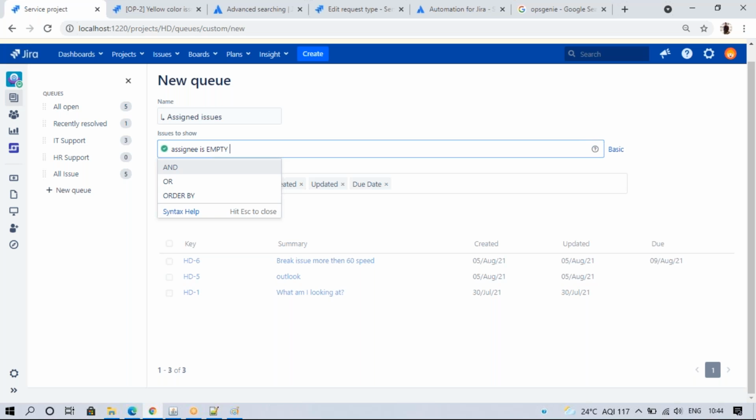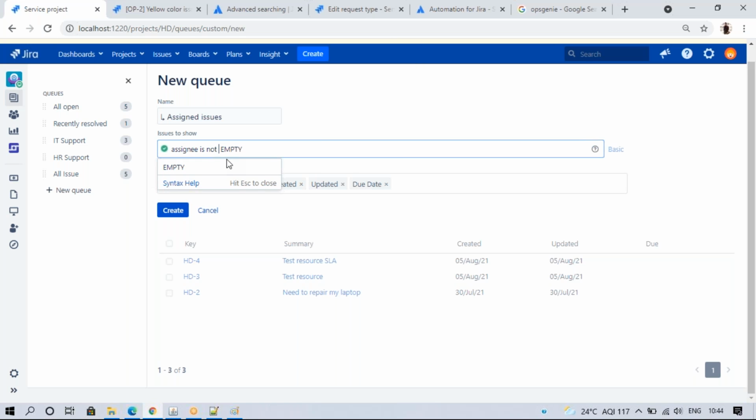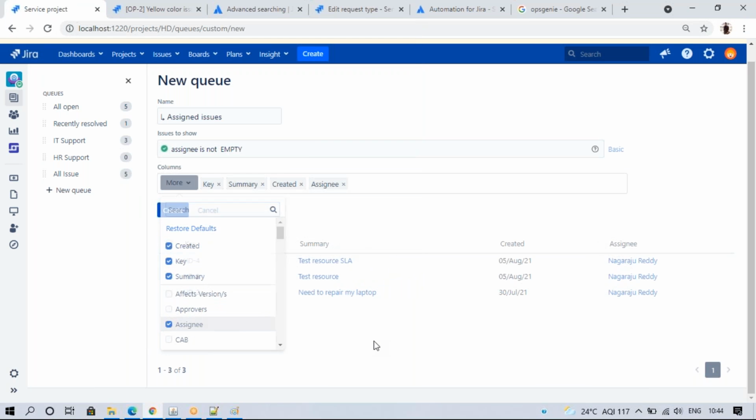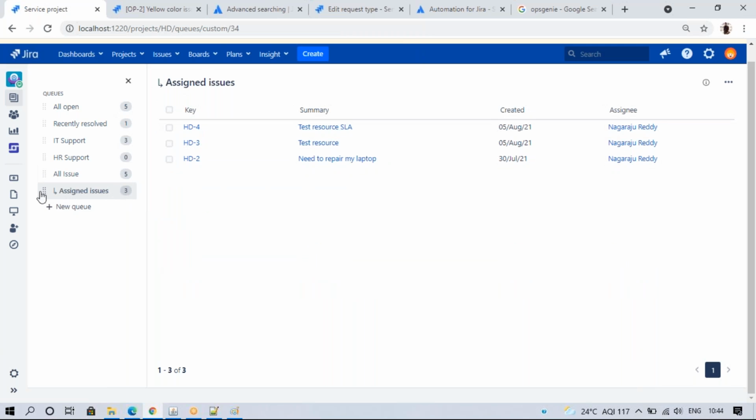This is empty means assignee is not empty. Now, all assigned issues, so assignee is not empty. Not empty means some value is there. So this is created. It will come between these below.